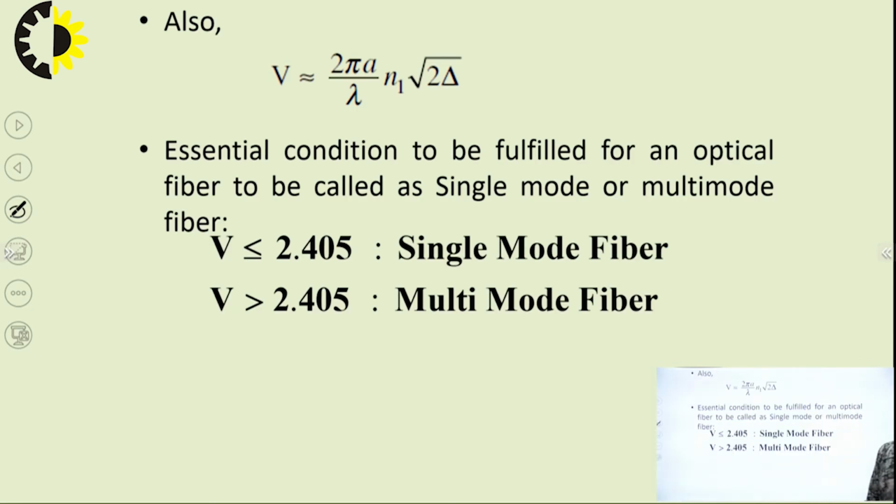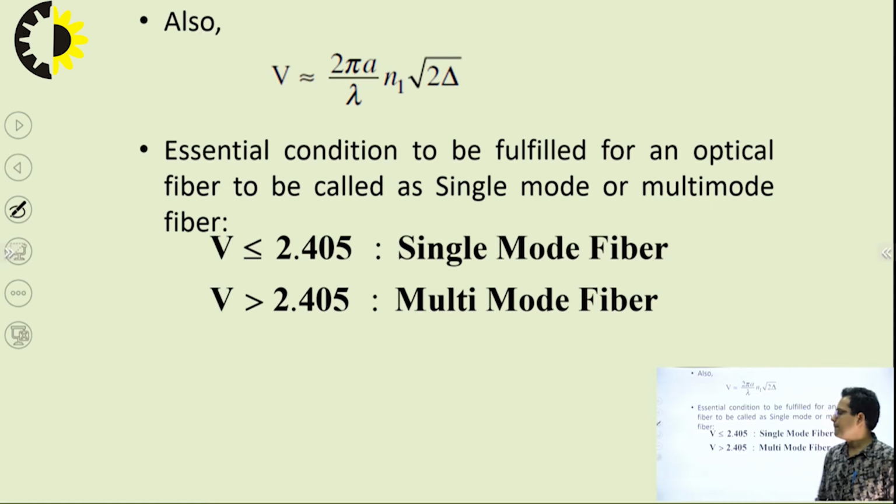Now, as I have already told in the previous slide, a numerical can be based on the value of the relative refractive index difference, the numerical aperture, and the core radius, and they may also give some kind of frequency. Based on the frequency, one can easily calculate the wavelength. So all the parameters will be given to you, and if you know the formula, you can easily find the V number, that is, the normalized frequency,